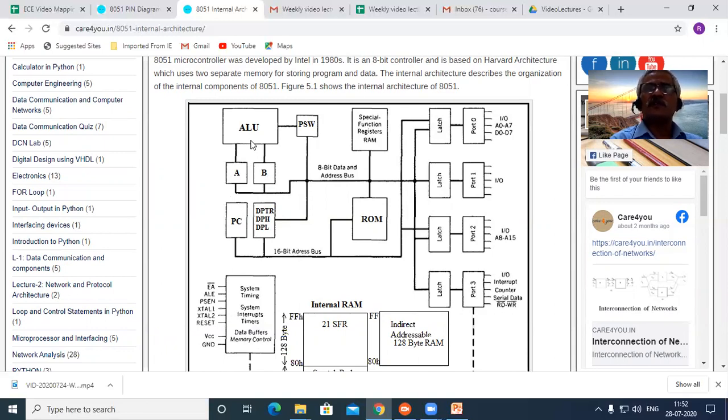In addition to the result being transmitted or stored into an internal register, the status of the present operation is stored into the PSW, program status word. So your PSW stores the current status of the operation that has happened within the ALU.